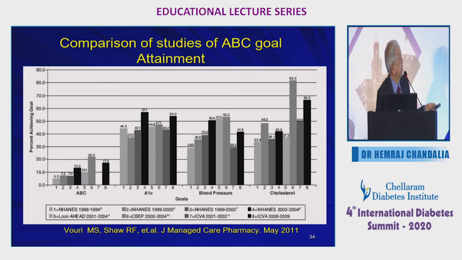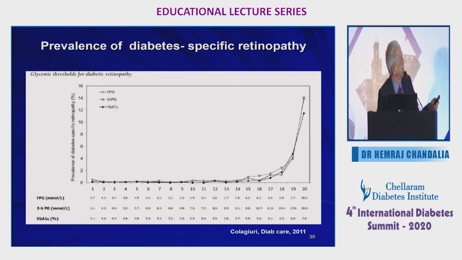It's very difficult. But of all the goals, the lipid goals are easiest to achieve. Blood pressure is next easiest. The glycemic goals are the most difficult. And that has been changing for the last 3 or 4 years. I'll show you data on that. The glycemic goals have become easier to achieve now for a very simple reason. We have drugs at our command which do not produce hypoglycemia, so you can push them without any worry about hypoglycemia and produce results. And this is what is happening.